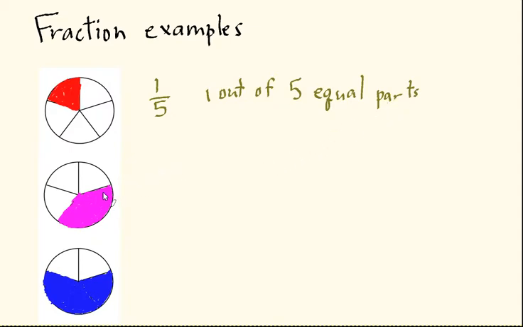Okay, how about this circle? Can you see what's going on here? This is a bit trickier, and the reason it's trickier is that I've kind of shaded over some of the lines, but if you think about it, you can imagine there's kind of an imaginary line right here. Okay, and also there's kind of a line right about here. And also you can see the line right here as well. And so now when you look at the circle, you'll start to notice that there are again, just like in the previous circle, this circle was divided up into 1, 2, 3, 4, 5,